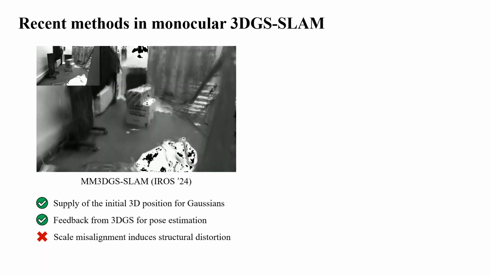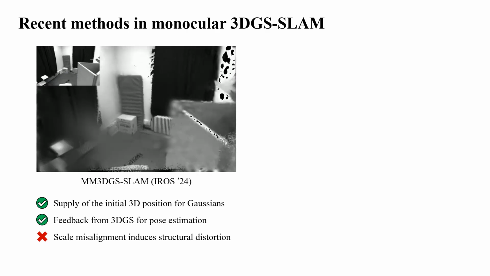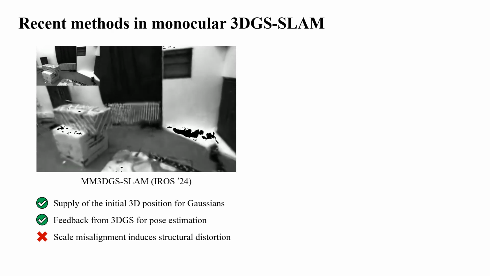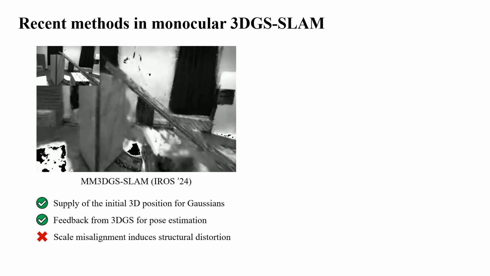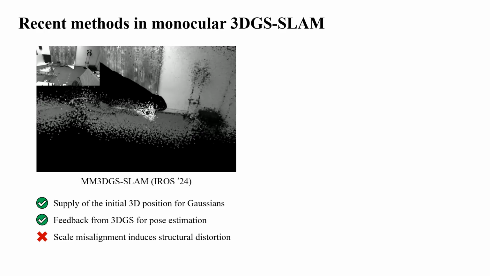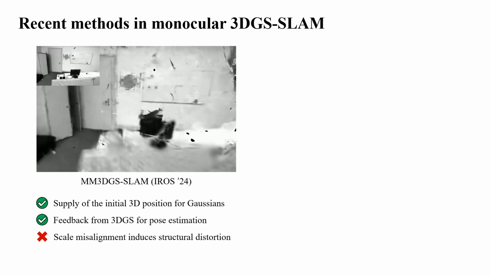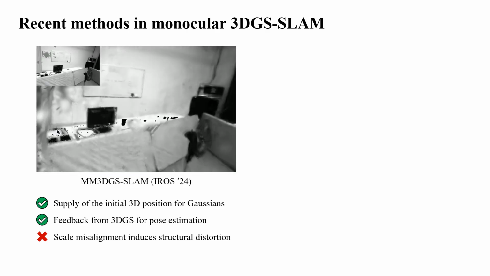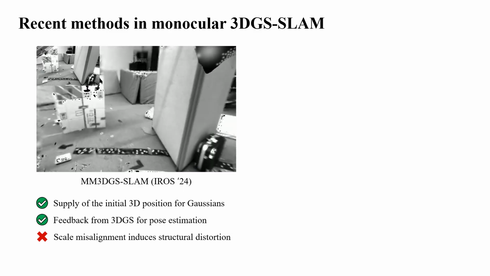To overcome these limitations, algorithms utilizing monocular depth estimation network have been proposed recently. MM3DGS SLAM provides initial Gaussian positions using a monocular depth prior, avoiding issues from point sparsity. It estimates poses by obtaining feedback from 3DGS through its rasterized depth and color. However, if the scale ambiguity of the monocular depth prior is not properly handled, it can cause geometric distortion and